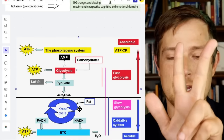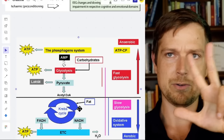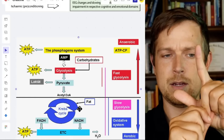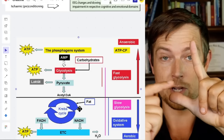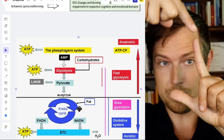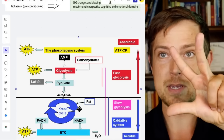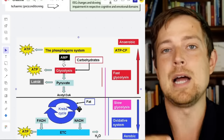However, where does creatine come in? Let me try to move back. If we have our ATP molecule here and we use up a P, oh man, if we could put another P on here, another phosphate group, it would work out great. So creatine comes in and it's like, "Here you go, bud." Boom. It adds the P back on to the ATP so you can continue to be in a high energy